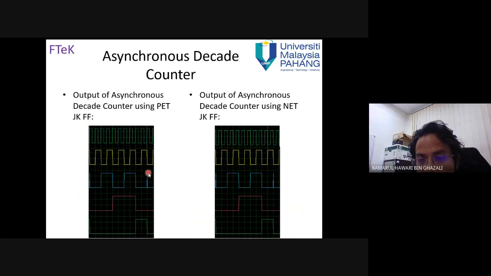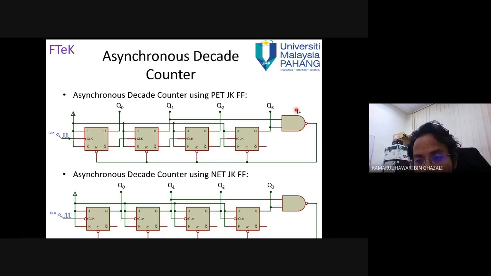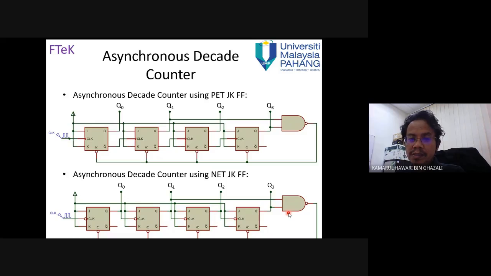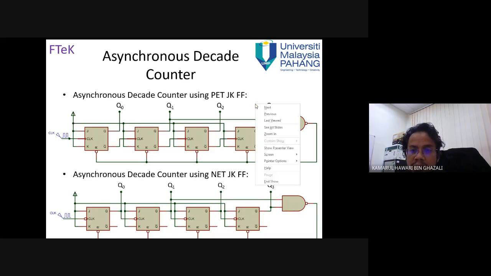So what is the input for this counter reset? The input must be Q1 equals 1 and Q3 equals 1. If it is 1, 1, this gives 0, and when it is 0, it will reset the JK flip-flop. So it is the same here. In this case, it will reset when